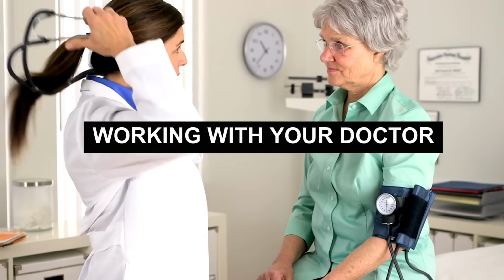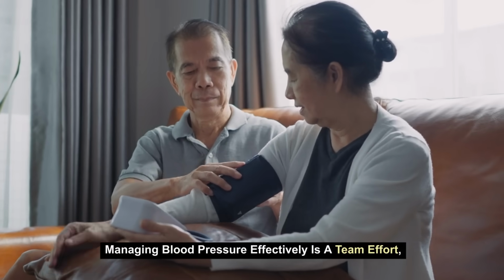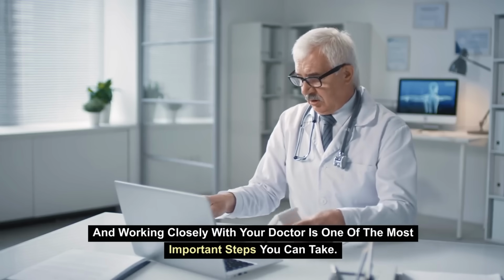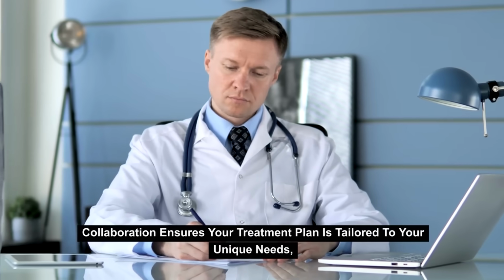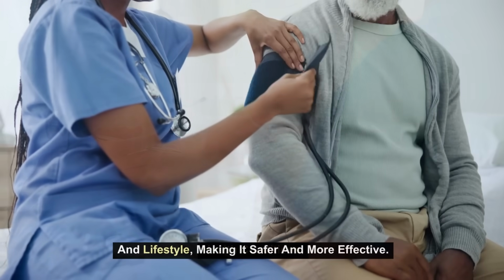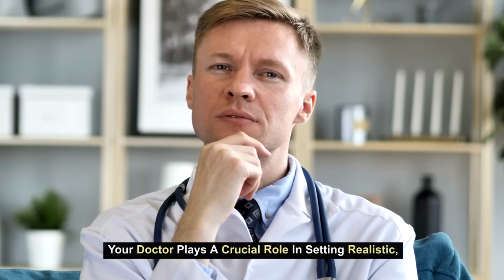Working with your doctor. Managing blood pressure effectively is a team effort, and working closely with your doctor is one of the most important steps you can take. Collaboration ensures your treatment plan is tailored to your unique needs, health conditions, and lifestyle, making it safer and more effective. Your doctor plays a